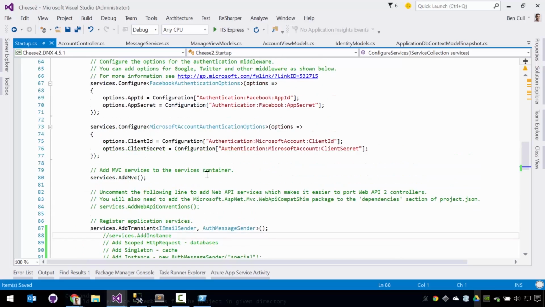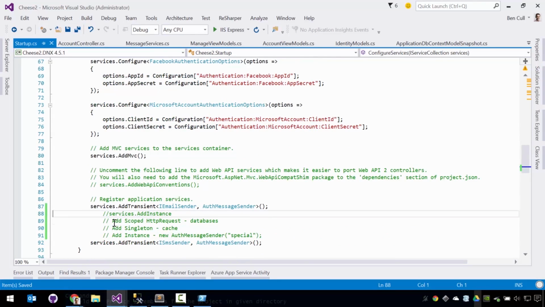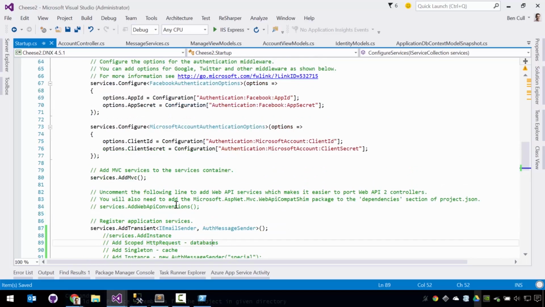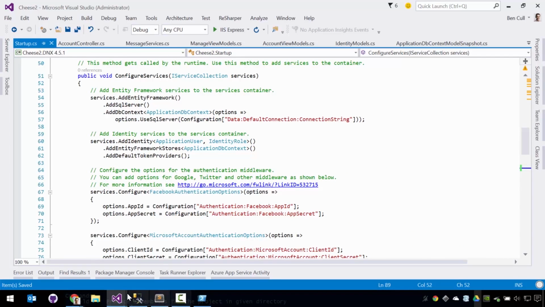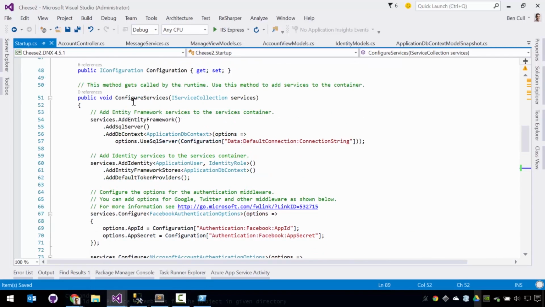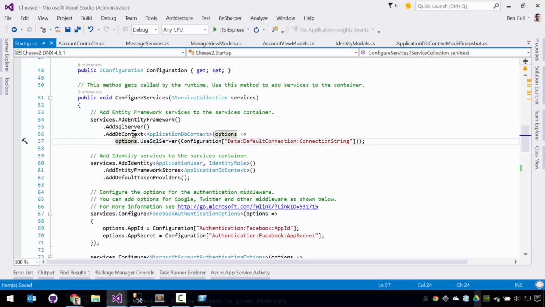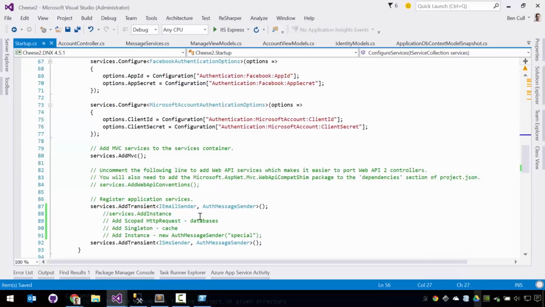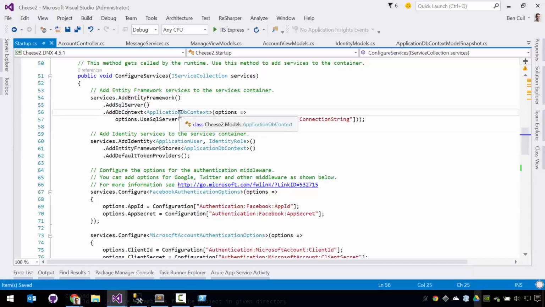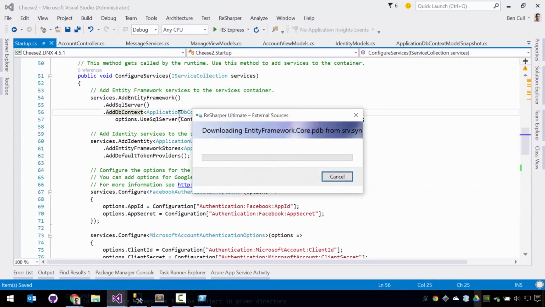All right, actually, here's a really cool little tidbit. Just while we're on the topic of addScoped for databases, you might be thinking, what about our built-in database, the one we just looked at with the registry? You can see at the top of ConfigureServices, it's using Entity Framework. All it does is say add Entity Framework, add SQL Server, and then add a DbContext. Now, from this, you're probably not quite sure how it really works. How often am I going to get a context? Is it every time? Is it scoped like it should be, like I said down here? And if you jump in, I'm going to use ReSharper's decompilation